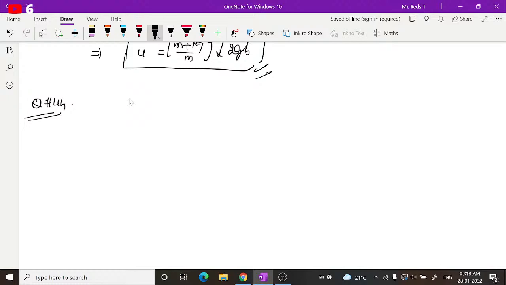So what is given here? A truck. You can consider this as first mass, M1 is equal to 15 ton. 1 ton is equal to how many kgs? 1000 kgs. So 15,000 kgs. And it is moving with the initial velocity u1 is equal to 1 meter per second, and it collides with a stationary truck. Stationary means the second body which is at rest, whose mass m2 is equal to 10 ton, so it can be expressed as 10,000